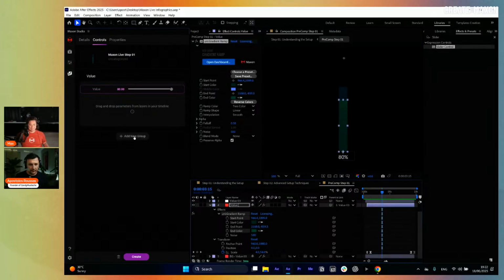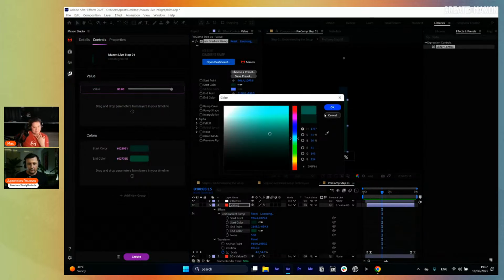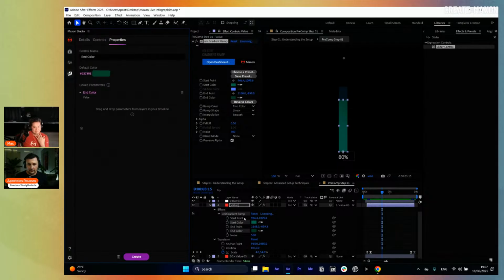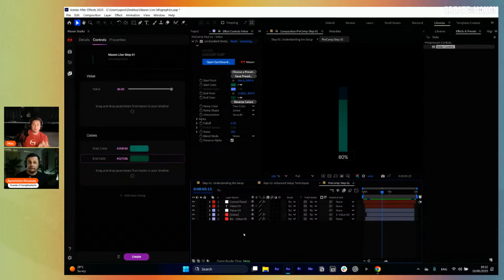I'll drag and drop them. I will create a new group. You can create a new group if you like to have things organized like I do. Colors. You can drag and drop those colors inside here and also adjust them live. Wow. Whatever parameters you're dragging, if it's a slider, it will be presented as